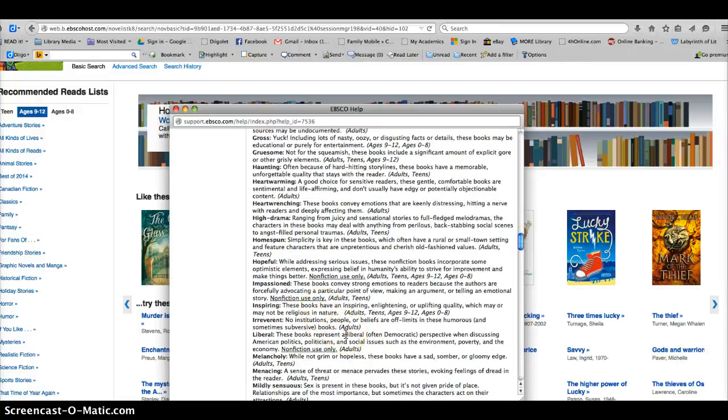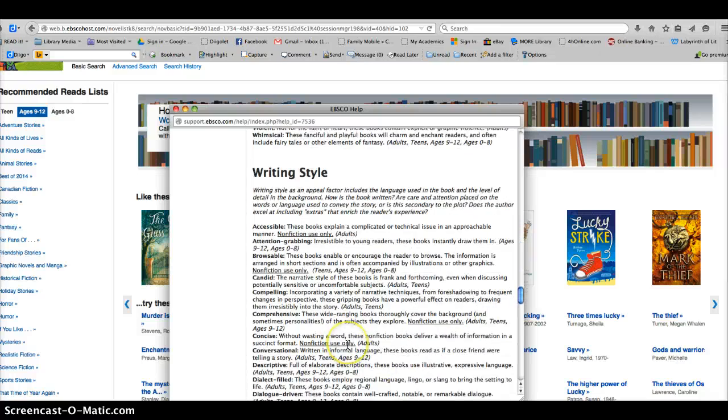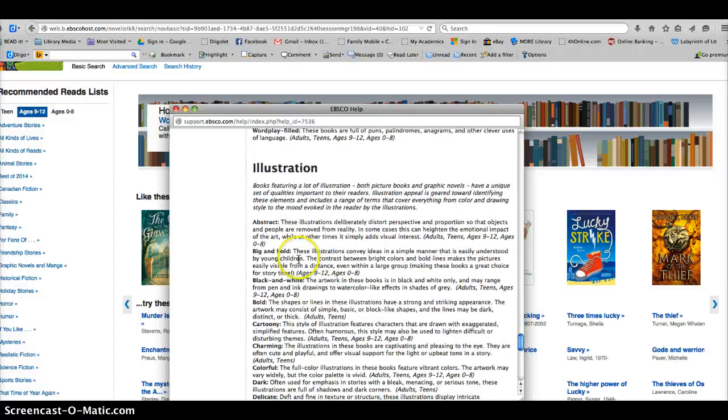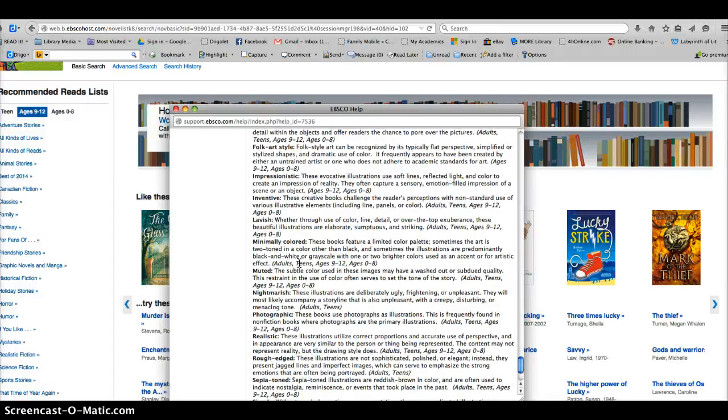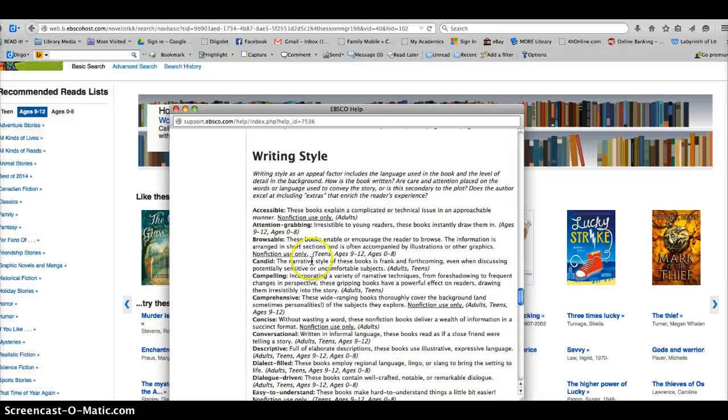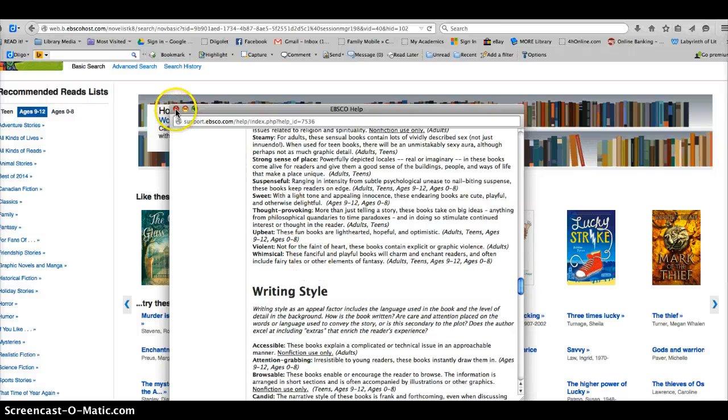Hopeful, irreverent. I love how many different tones they have available there. And then writing style: descriptive, dialect filled, easy to understand, lush, and illustrations as well. All right, so you'll want to have access to that in the help function.